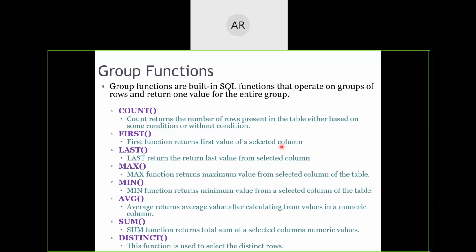What is the max? What is the min? What is the maximum of all the marks that the students have got? What is the minimum of all the marks? What is the average of the marks? What is the sum of all the subject marks for a given student? How many distinct student marks are there? Some students may get repeated marks, right? One may get 15, another may get 15, another may get 15. So what are the distinct marks? One may get 13, one may get 12, one may get 15. Like that, how many distinct marks or distinct names are there?